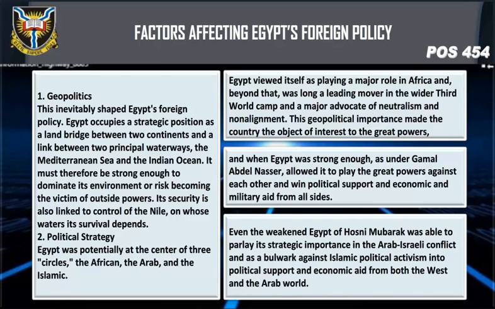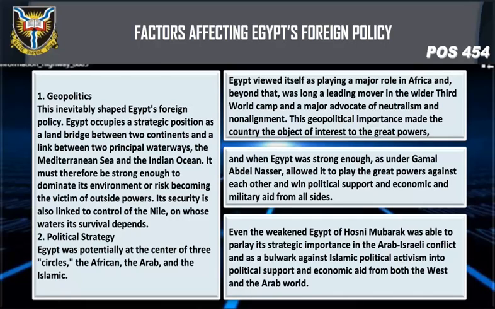Its security is also linked to control of the Nile, on whose water its survival depends. Political strategy. Egypt was potentially at the center of three cycles: the African, the Arab, and the Islamic. Egypt viewed itself as playing a major role in Africa. Beyond that, it was long a leading mover in the wider Third World camp and a major advocate of neutralism and